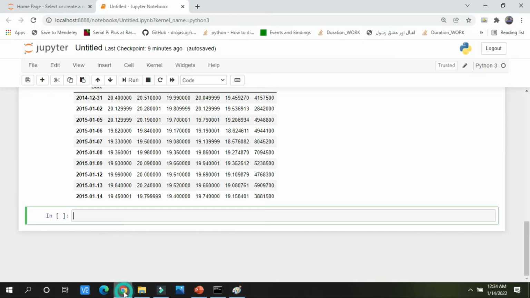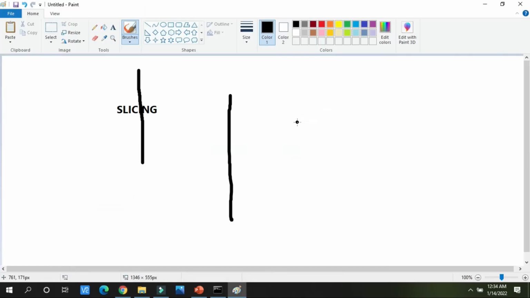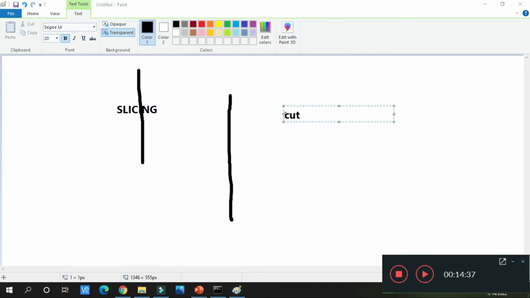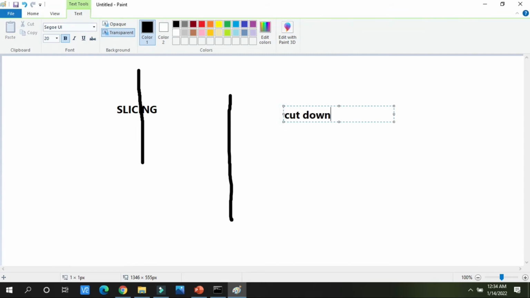So we have seen there is data of 2014, 15 and 18. Suppose someone asks me to cut down, or you can also call it separate, the data of 2015.